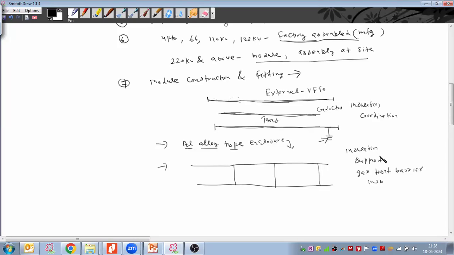So this support insulator allows the gas to pass, and it just supports the conductors, the bus bar conductors. Whereas the gas tight barrier insulator does not allow the gas to pass. It will seal the gas. So this enclosure is subdivided with the help of the gas tight barrier. Am I clear so far about the module constructions, about the enclosures, which material we take and